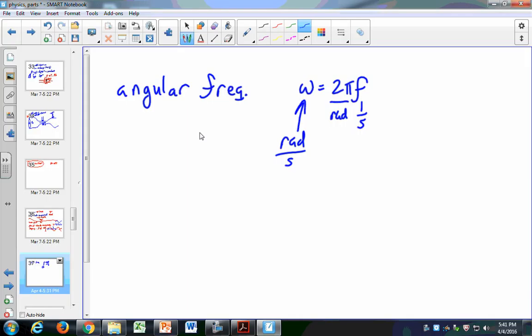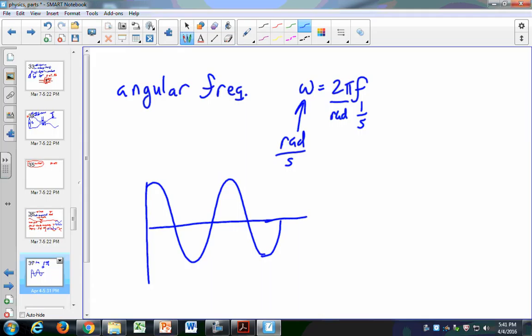We can plot our waves in two different ways. The plot that I showed you before shows the wave through time, but I can also make a plot of my wave in x and y motion. This is the y displacement, and this is the x displacement. This is a different graph. It looks like the same graph as what I had before, but it is a different graph. It doesn't show the wave in time as time progresses. It instead shows the wave as a snapshot.